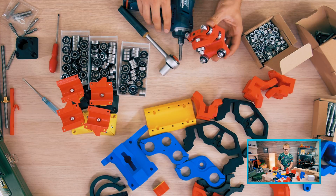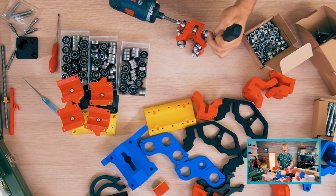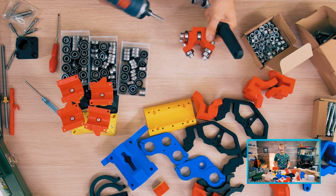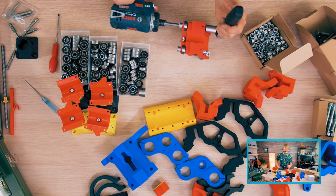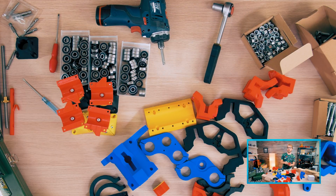Over tightening these nuts, I mean the bearings don't care. I'm just tightening them enough for the nylon nut to actually thread through, because these nylon nuts, again, they do have quite a bit of resistance. There we go. Okay, and there is one